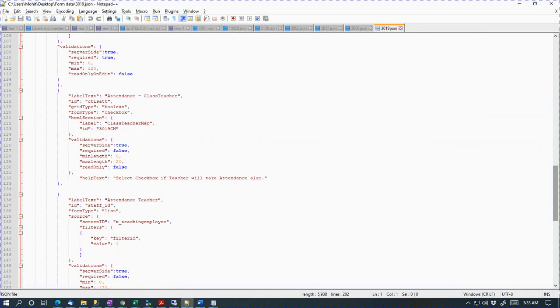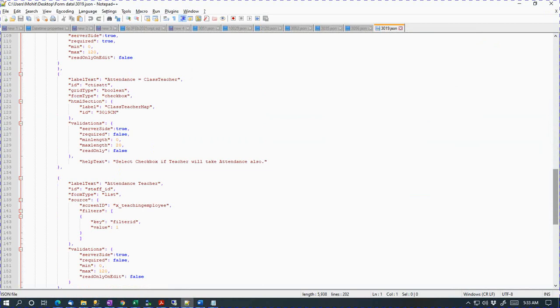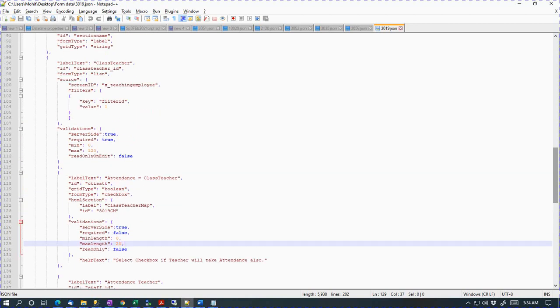One thing I want to show you is how you know whether a control will fire a validation. Every form has controls. This is one control: the label is attendance is equal to class teacher, and this is a checkbox control. When I write server side is equal to true, that means whenever there is a change in the value of this control, the validation will fire. How validation is tracked and captured in the backend, I'll tell you. Again, for class teacher underscore ID, you see server side is equal to true.